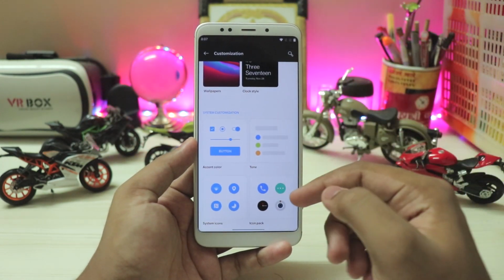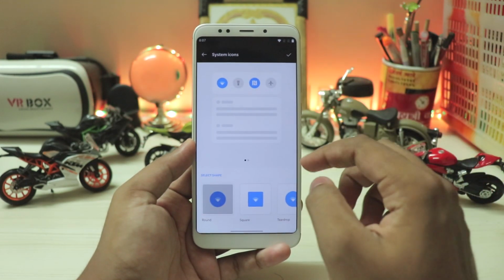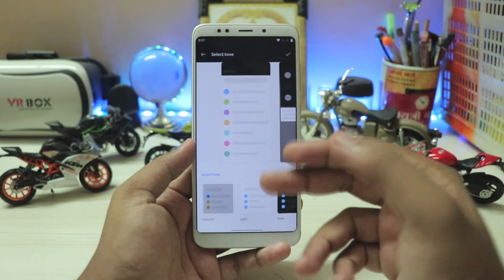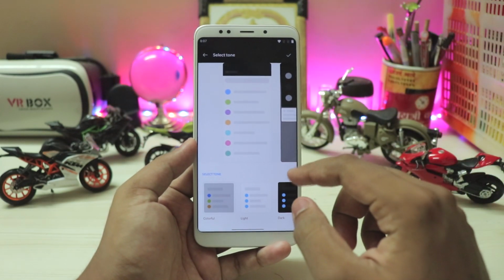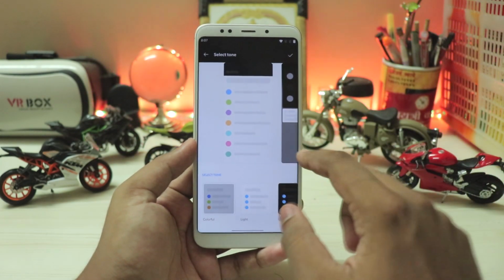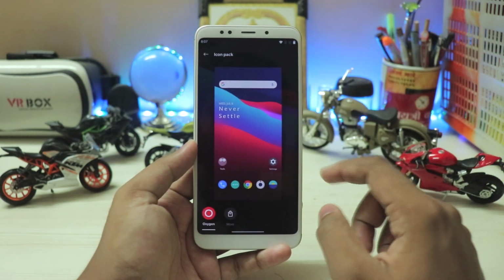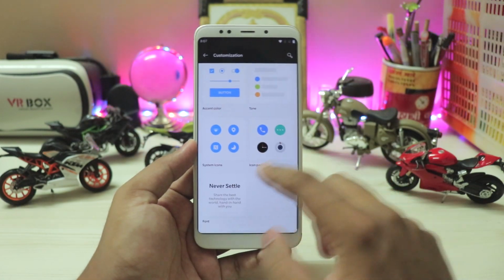But scrolling down, you have customization completely right over here. For example, toggles, then their overlay colors, which can only happen on the light or the dark mode. So currently I have the colorful, which just blends everything. Then you just have the font at the bottom and your icon pack, which is set onto the OnePlus 7 Pro's round.